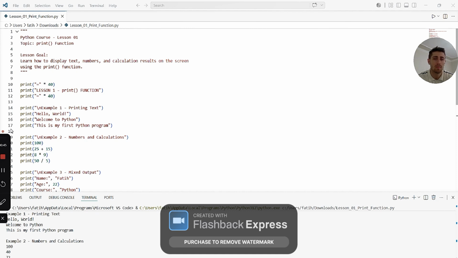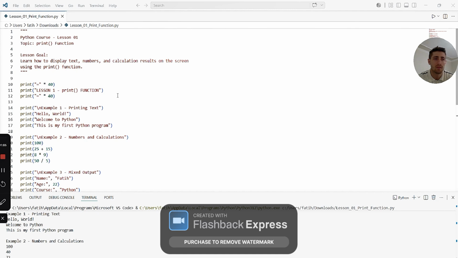Today's topic: the print function. This is Python course, lesson 1. The first thing every Python programmer learns is the print function. The print function is used to display information on the screen.